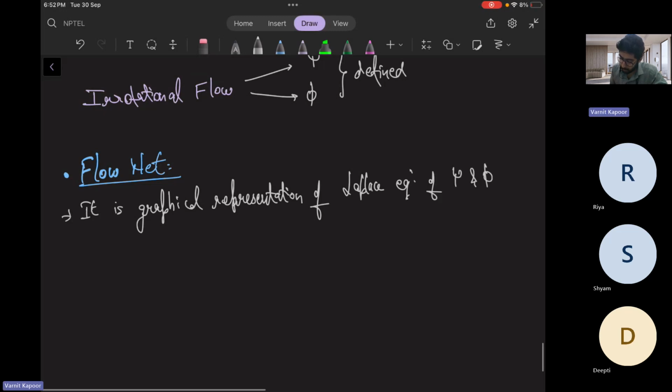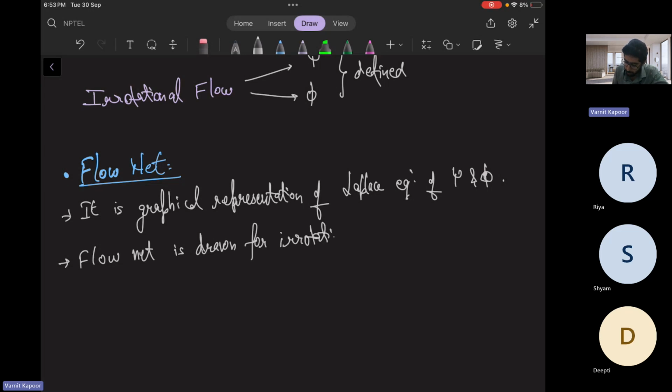Of stream function and potential function. Flow net is defined for both. When the flow is rotational, then only stream functions will be there. Flow net is drawn for irrotational flow, and it can't be drawn for